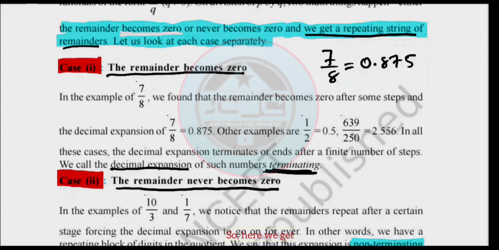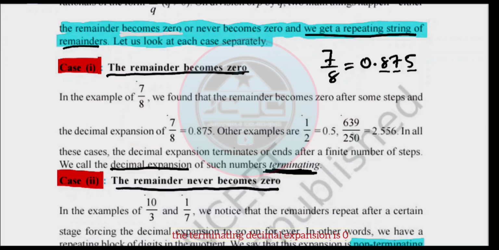Right, so here we get 0.875. That means the number of digits after the decimal is terminating, that means it is ending. After you count, the end of the number system appears there. That means we get a limited number of digits after the decimal point, a countable number of digits. So that is a terminating decimal expansion, very simple. Whenever the remainder becomes 0,